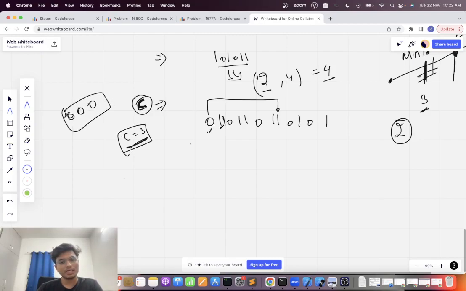So I'm taking 1, 2, and 3 zeros, and you can see that I'm also including these two ones. Why are you including these two ones? I'm including these because the cost of the removal is